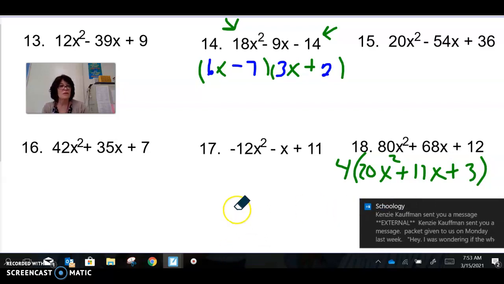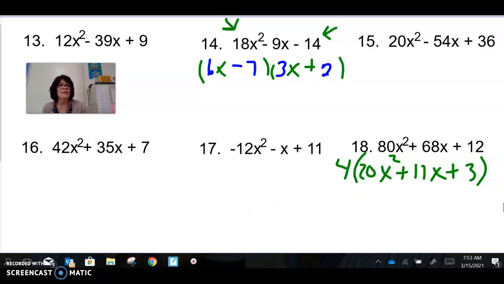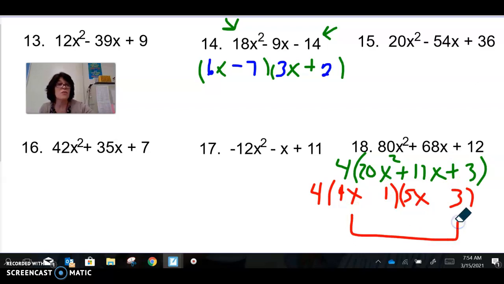So what I'm going to do is just keep this 4 hanging around, okay? And I'm going to factor this. 20, I don't know. What are you thinking of? 20 is 4 times 5. I might try that, 4x and 5x. Hey, luckily 3 is just 3 and 1. I don't know what order, but let's try this. That's 12x and 5x. Is there any way that 12x and 5x